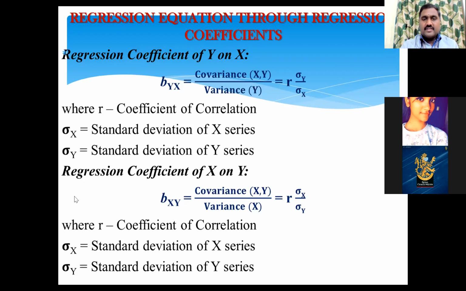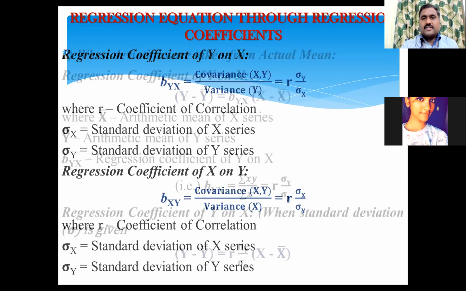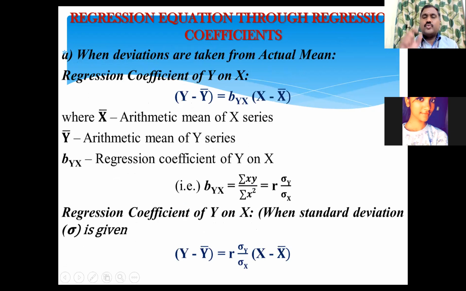Okay. Now the next slide. This is the first method in the regression coefficient, actual mean. We will be working on problems under actual mean and under assumed mean. So now take down: how to find the regression equation y on x through actual mean. This is the formula: y minus y bar equals b of yx into x minus x bar. Y bar is the mean of variable y, x bar is the mean of variable x: summation x by n, summation y by n.